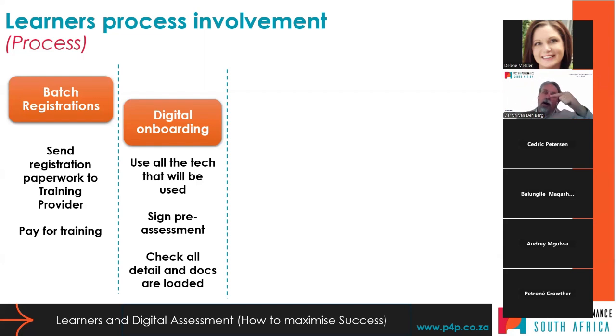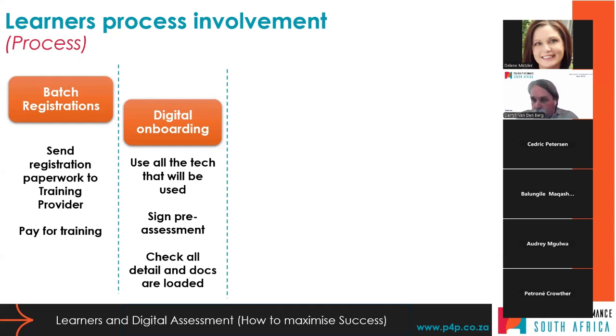You're teaching them how to build a portfolio digitally and how to submit it digitally before the training starts on the platform that you want to use, and you're getting all your information updated correctly: the names, the spelling, the IDs. I mean, the amount of times people put an 8 instead of a 0, or a 3 instead of a 5, or admins capture things incorrectly, which is understandable if you're doing 50 to 100 learners in a month, or in every 2 months.